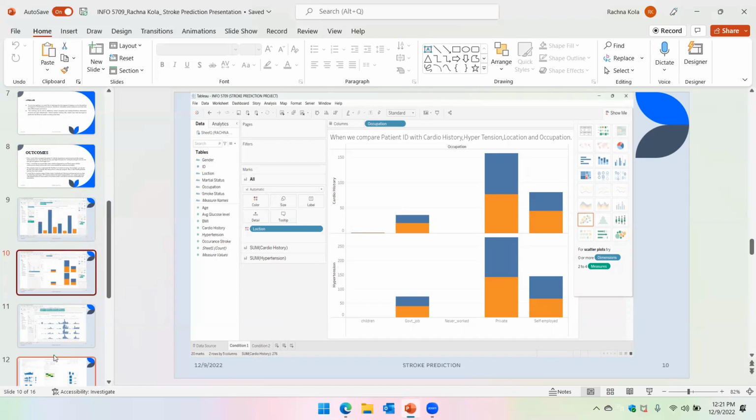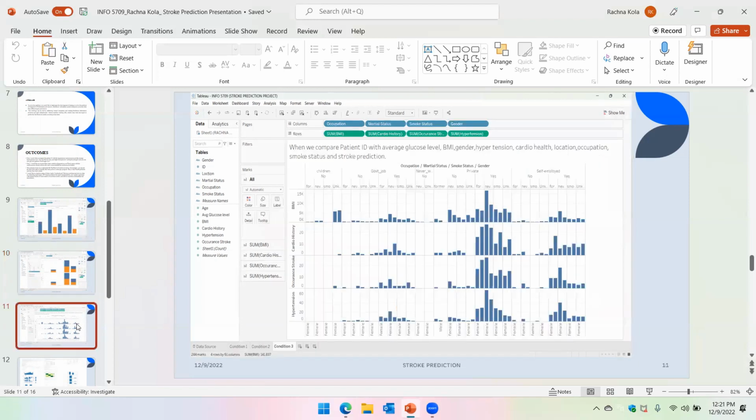So, yeah. And giving the complete overview of this kind of analysis, like comparison of average glucose level, BMI, gender, hypertension, cardio history, location, occupation, smoke status, and also the stroke prediction,